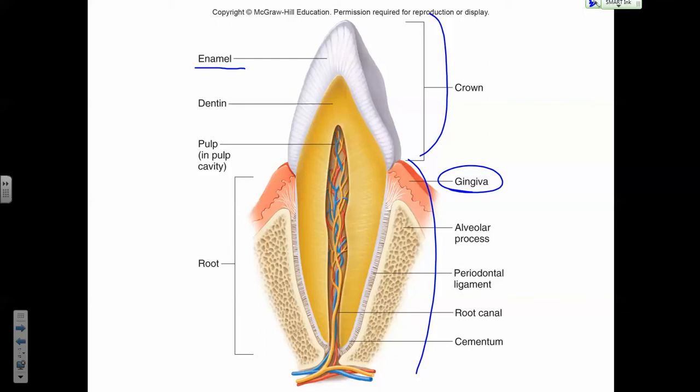So if it gets broken down by bacterial action, eating food that's left on your teeth, then you can't replace it. The dentin is the part of the tooth that's most like bone. So it actually has cells that reside in little, I guess, lacunae, but the cells themselves reside probably in little cavities, and then it's bone-like material around them. So the dentin is the living part. It's hard, like bone is, but it's the living part of the tooth. And then what nourishes the cells in the dentin